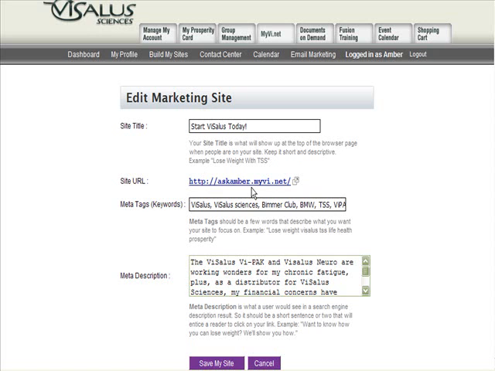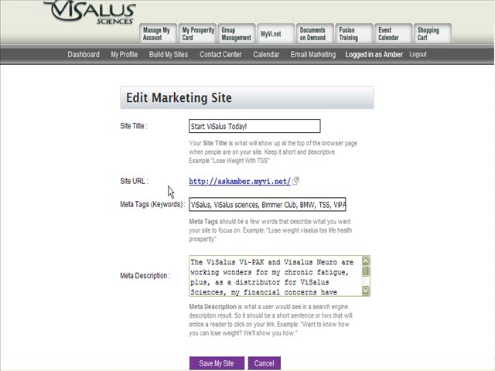Now the domain names are first come first serve, so if you want it to be john.myvi.net, chances are that's probably taken. So some of you may have to get a little bit more creative than others. It could be Healthy John, Financial John, Ask John, whatever you want it to be. And then once you're all done, you'll save my site and it will submit that information, and that will be